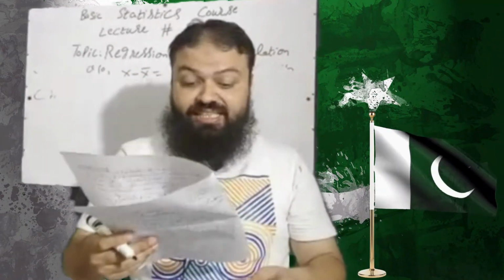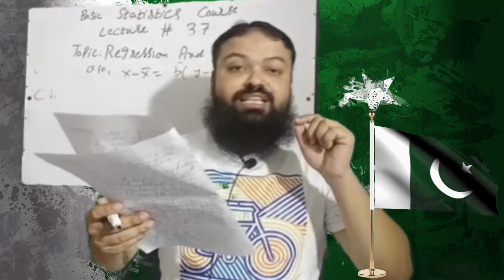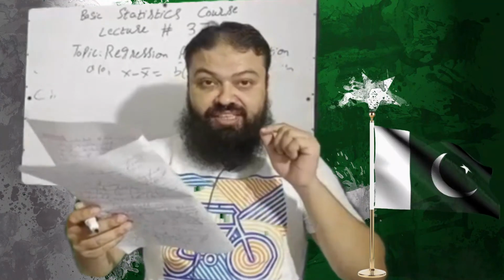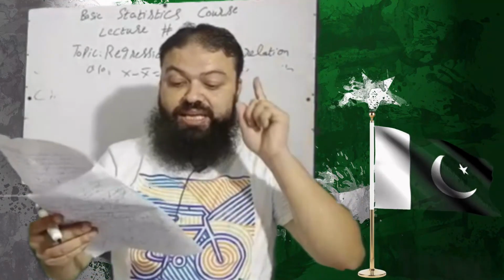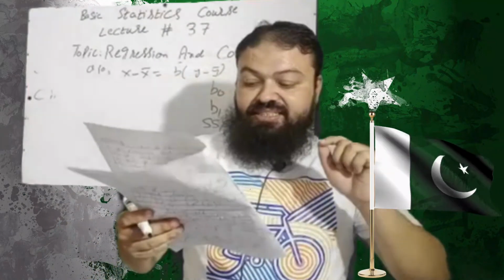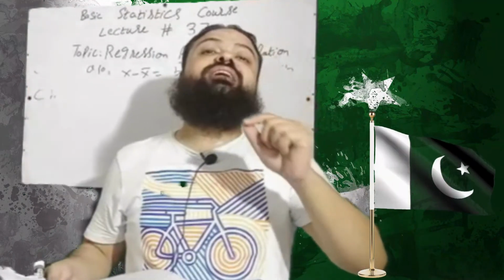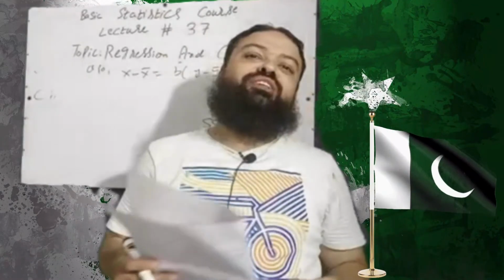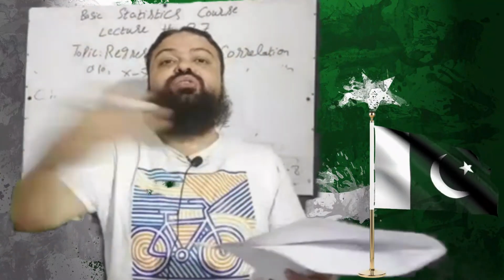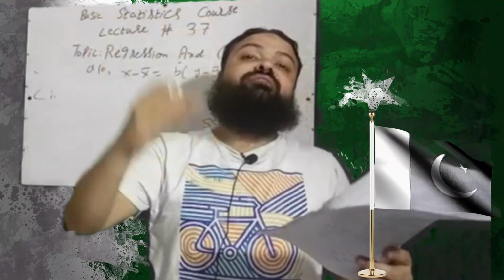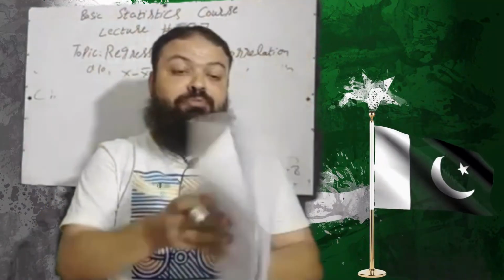Question number 13. If x and y are independent, the value of the regression coefficient byx is equal to, very important, A. 1, incorrect, B. infinity, incorrect, C. any, D. 0. When x and y are independent, they are not related with each other, then b is equal to 0, a very important one. Then r is also equal to 0, there is no correlation between them, b and r are equal. When x and y are independent, 0 is the correct option.